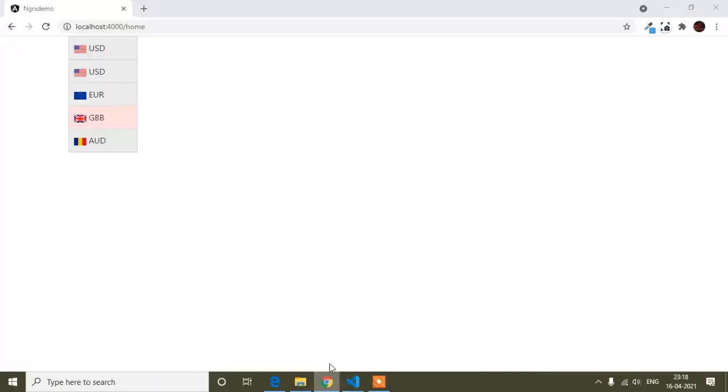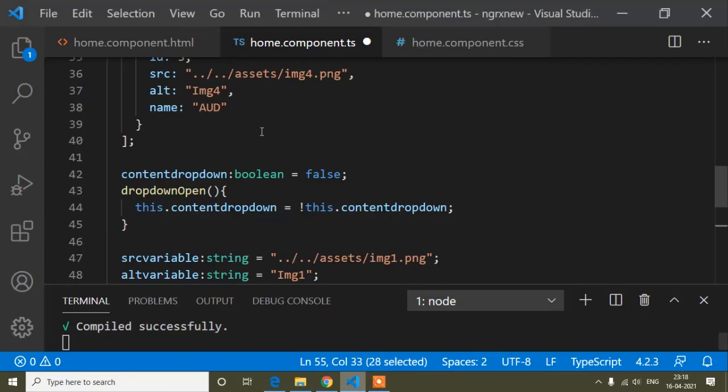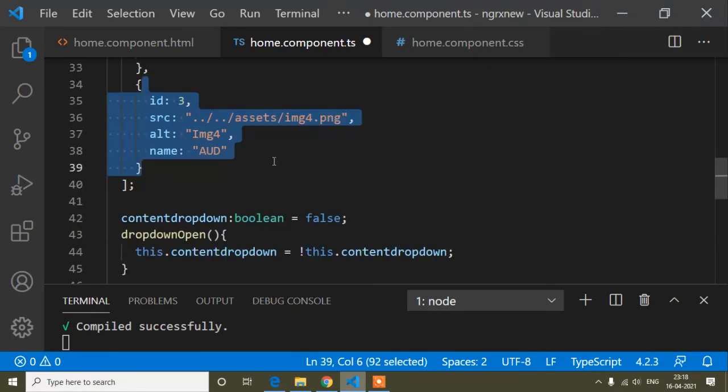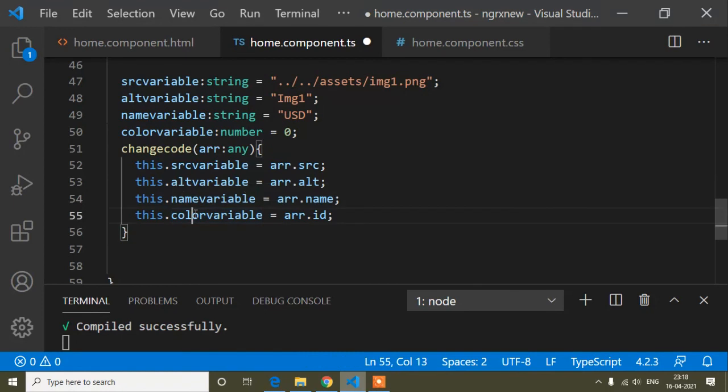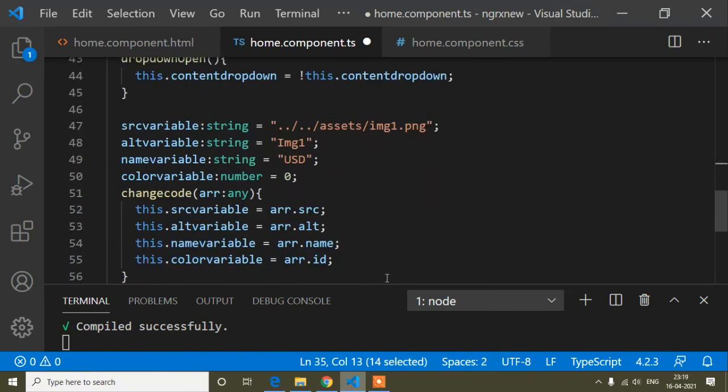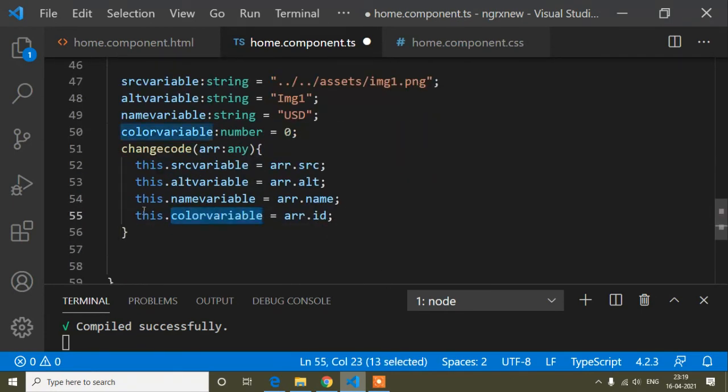So suppose I click the last li tag, the last one's id is, you can see, 3, and this id I'm storing inside this color variable. So this id 3 will be stored here.